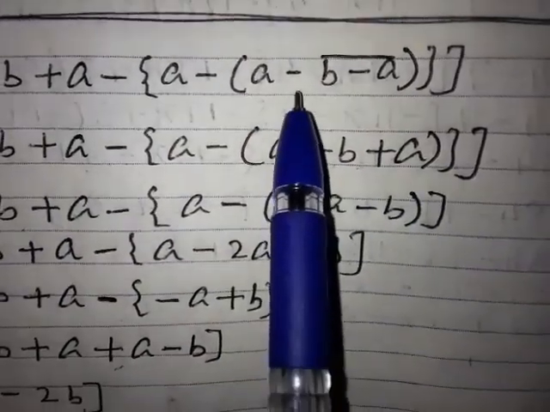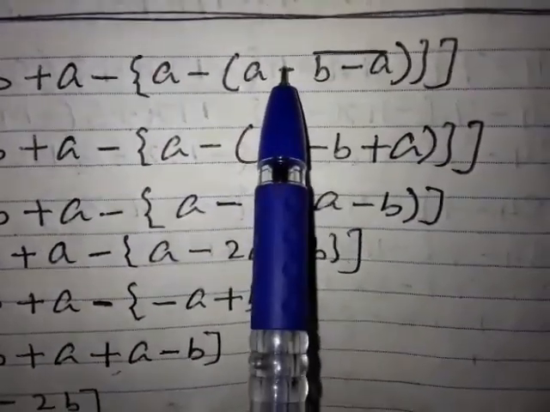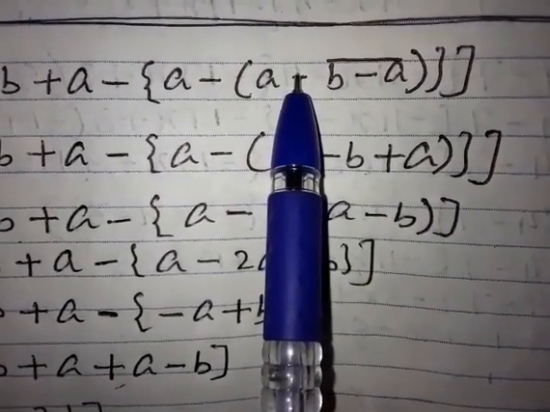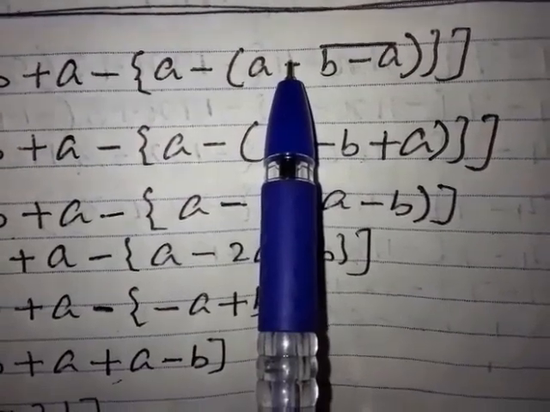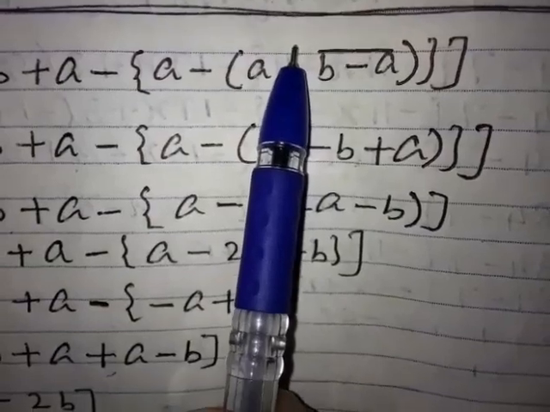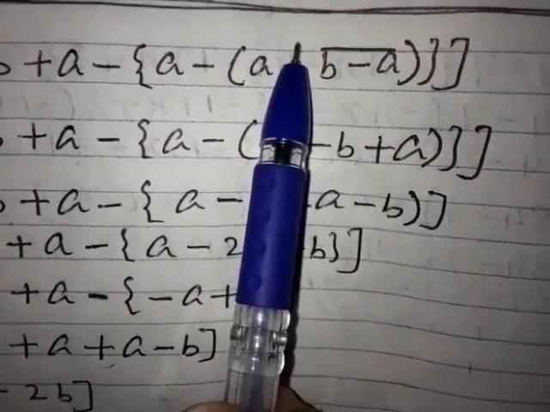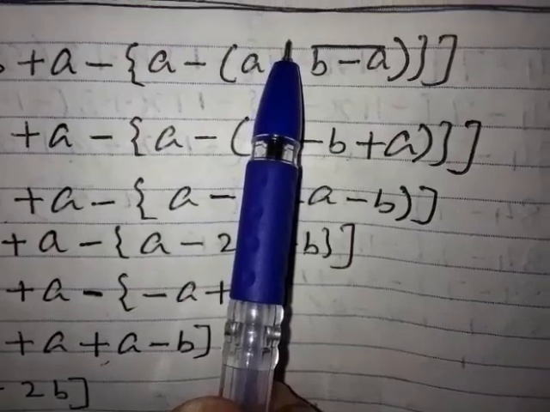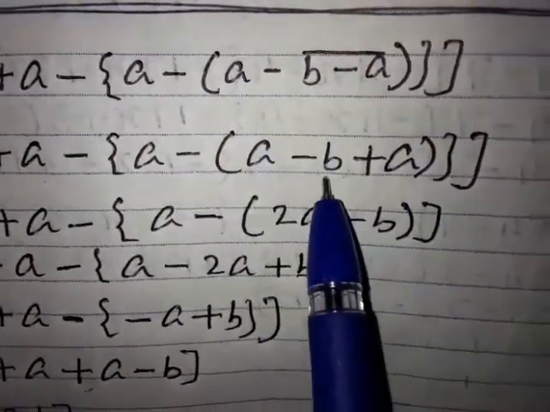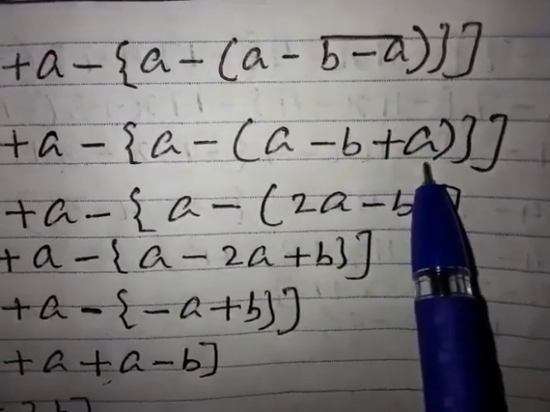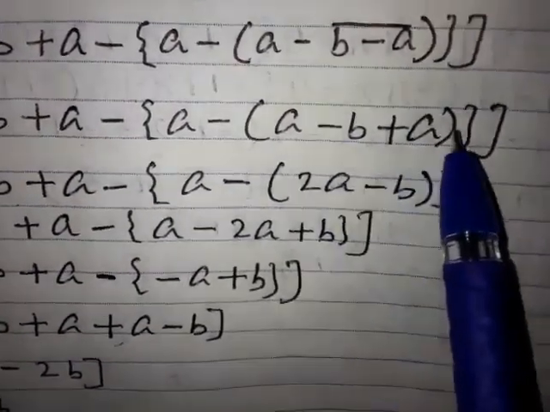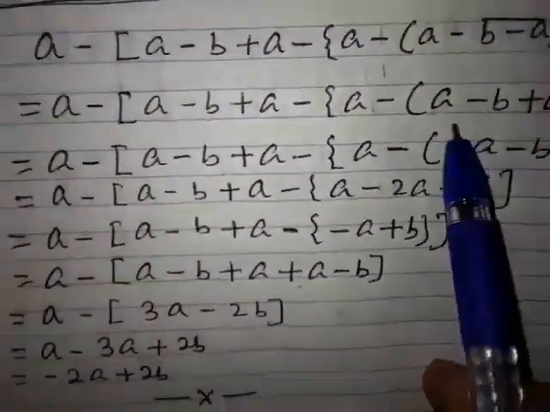Now what you can see, outside the bar bracket, what sign is there? Minus sign. And if outside the bracket the minus sign is there, whatever sign is there inside the bracket, their sign will change. Just I want to show you, outside the bracket, if I cover it up to here is the bracket. So inside the bar bracket, before B, what sign is there? Plus sign. And before A, what sign is there? Minus sign. So if I remove the bracket, their sign will change. So you must have seen here, their signs already changed. Now when the calculation of the bar bracket is over, you just have to remove the bar bracket. I already removed it. Now we are going to do the calculation of the first bracket.